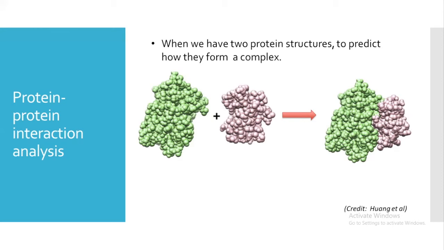So in order to understand those kinds of mechanisms and pathways, we have to go for protein-protein interaction analysis. You can see here, this is protein A and this is protein B. There is a shape complementarity here, right? This is like the lock and key mechanism that we have studied earlier in our schools. So this is how it is binding, and A and B have formed a complex.